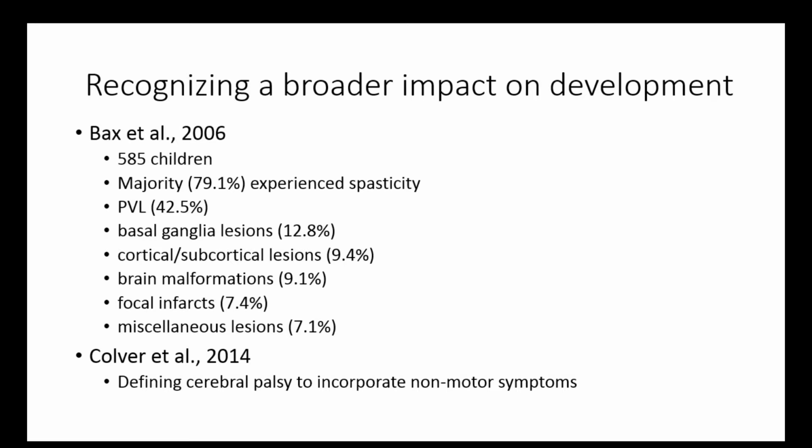Certainly, periventricular leukomalacia is the most common presentation of what we see in terms of injury and brain difference in individuals with cerebral palsy. Bax has done a tremendous job collecting data and information to inform our understanding of how cerebral palsy presents and what the diversity really is. Increasingly, we are coming to appreciate what the non-motor components of cerebral palsy really are, and how we intervene and support individuals to promote independence and resiliency.